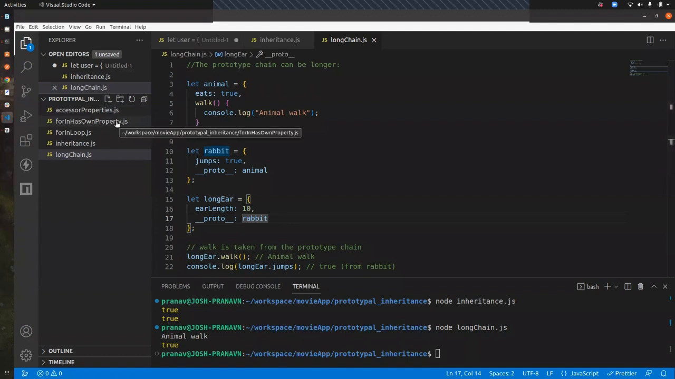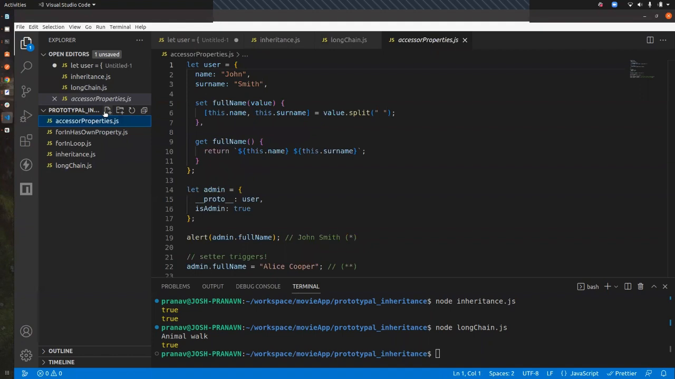So has its own property, right? We'll check this now. The one exception here is the accessor properties. What are accessor properties? The getter and setter methods, right? So basically the assignment is handled by a setter function. If we go through this program,